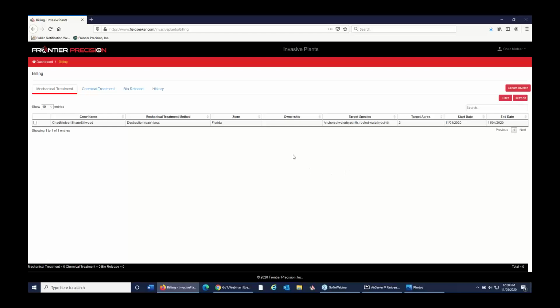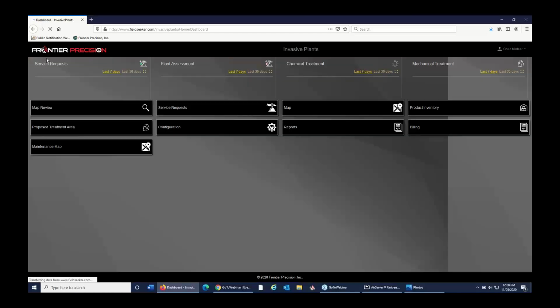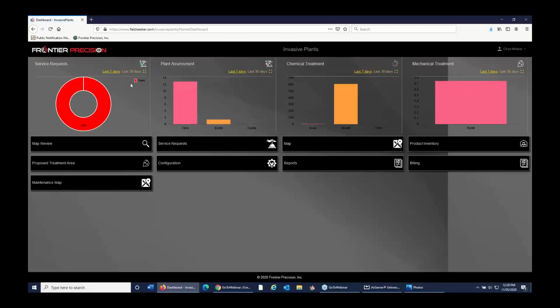So one last point in this example that I used is that judging effectiveness of control can be challenging at best. One of the ways to facilitate that is with photos and imagery. And we're going to talk a lot more about that in detail in an upcoming webinar about using drones in invasive plants workflows. But just to give you a little taste of how that could work with what we're talking about, it's basically possible for us to